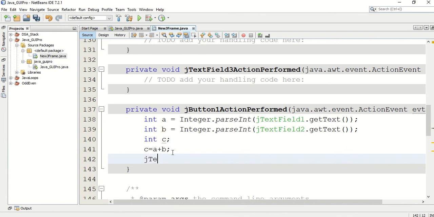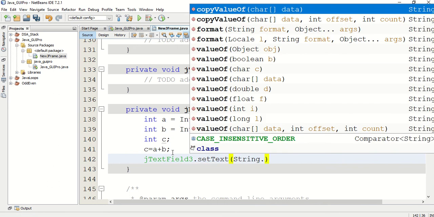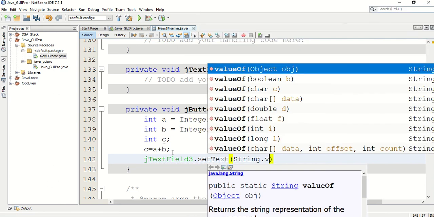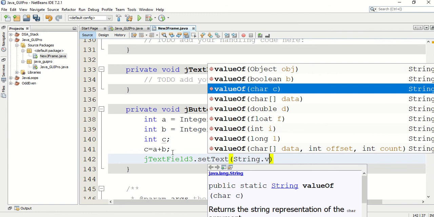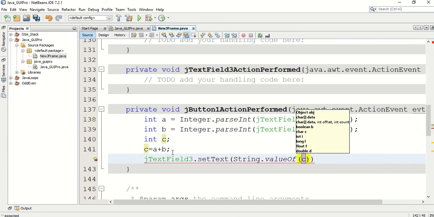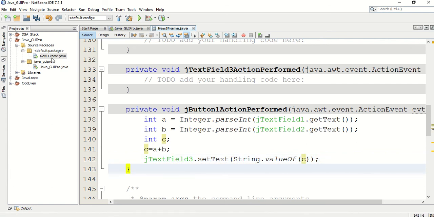So jTextField3.setText(String.valueOf(c)); with a semicolon. Okay, we'll compile.